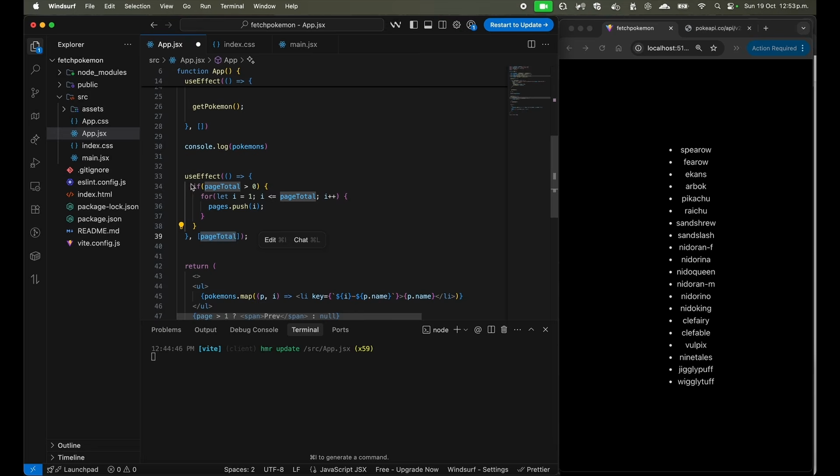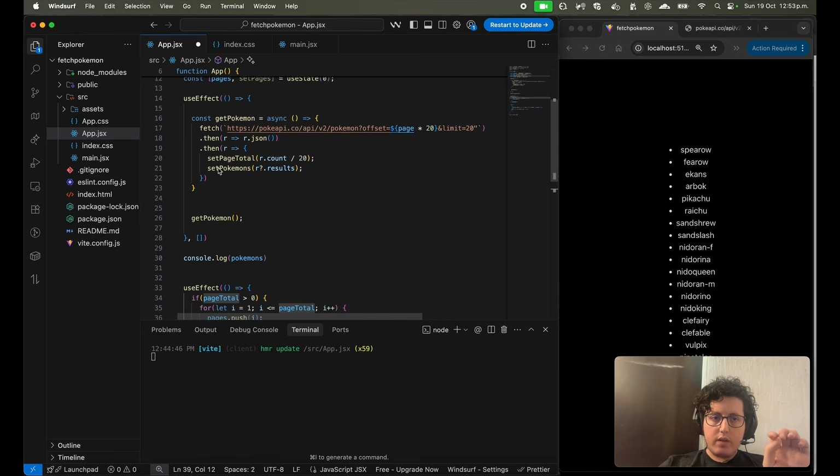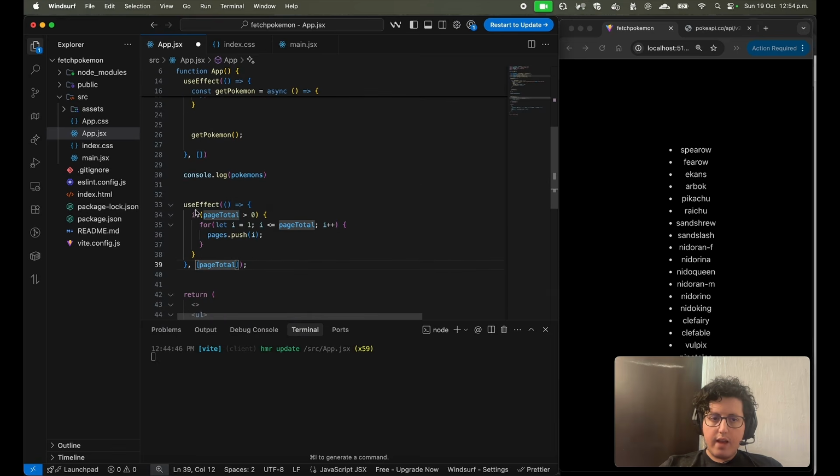This is going to be executed every time this changes. So when you open the page, this is going to be null by default. But once it runs, this is not going to be null, and then it's going to execute again and then run this. Okay, and as this is a state, this is not going to be